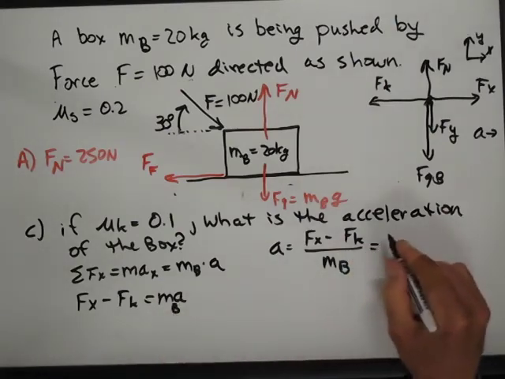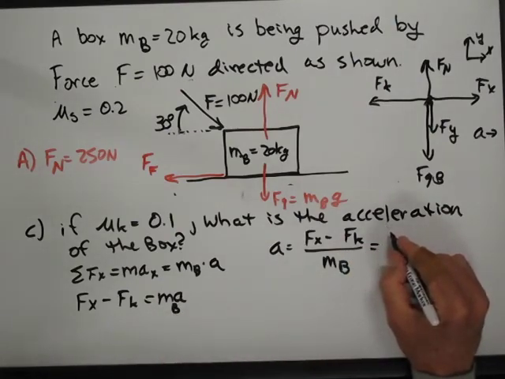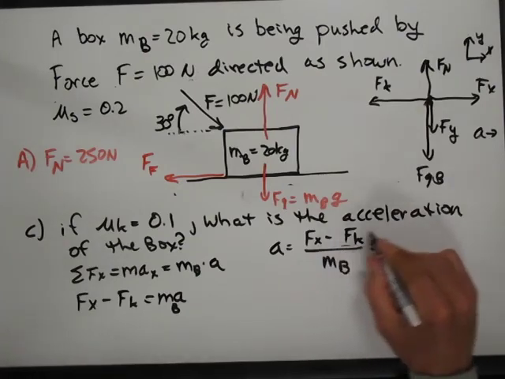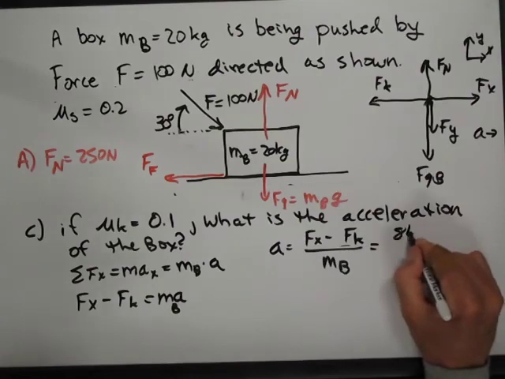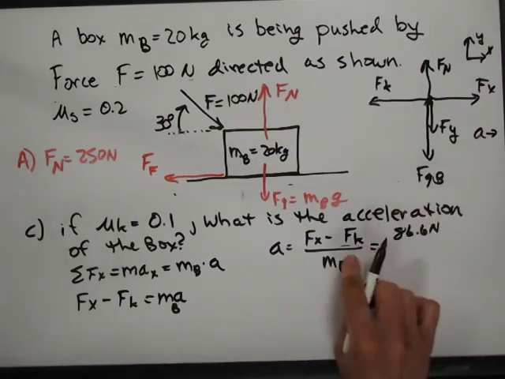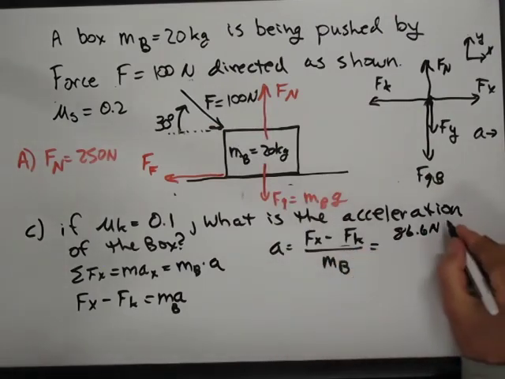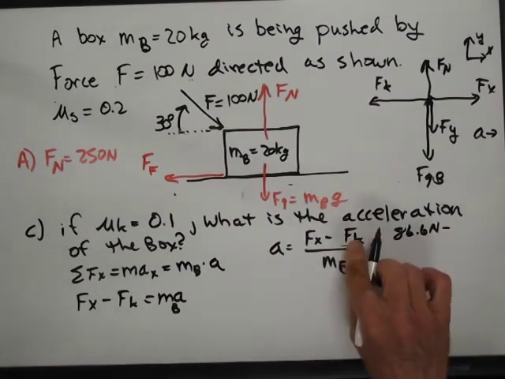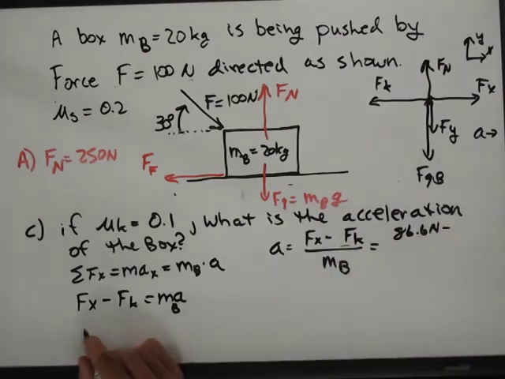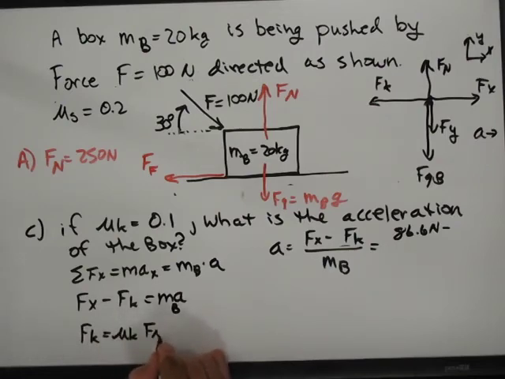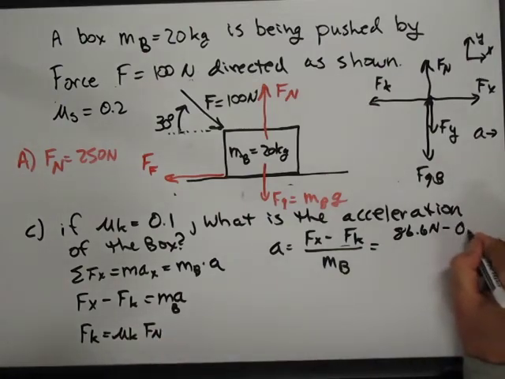Well, what is that? We already said that the x direction force was 86.6 newtons, because it was F times the cosine of 30 degrees. It was the x component of the F force. And then the friction force, if you remember, I'll write it over here, Fk is just equal to mu sub k times the normal force. And so it's 0.1 times 250 newtons,